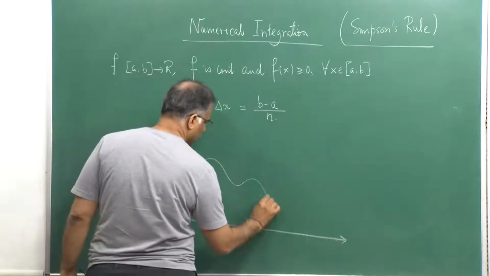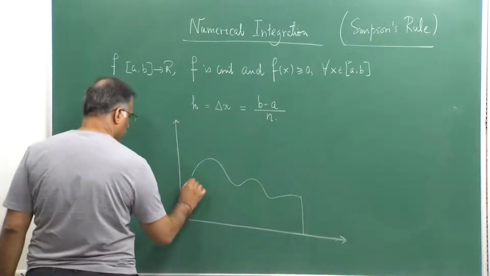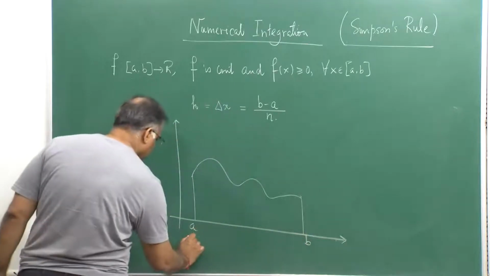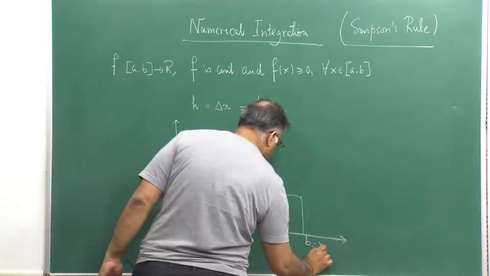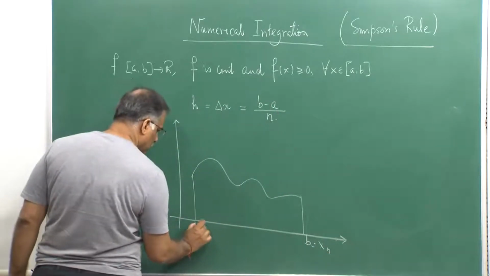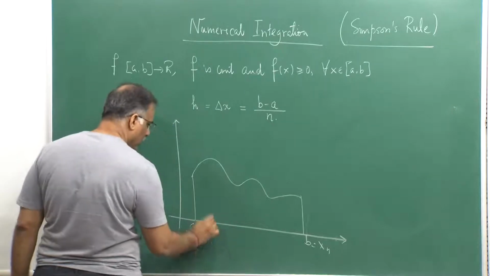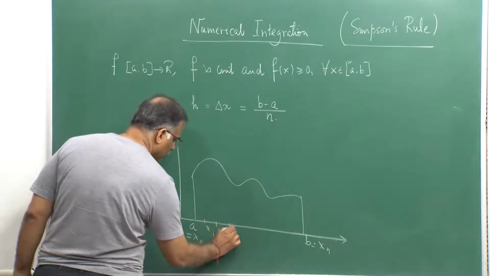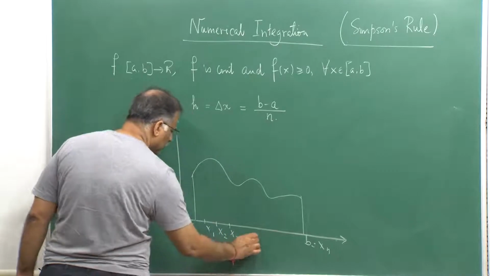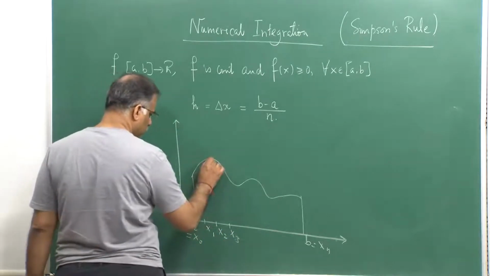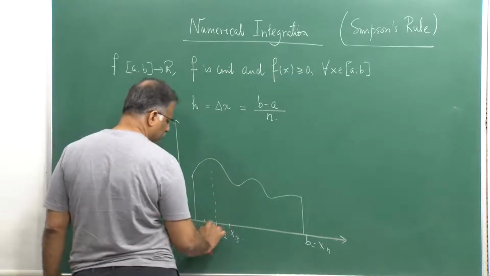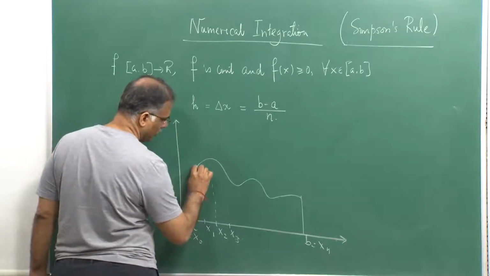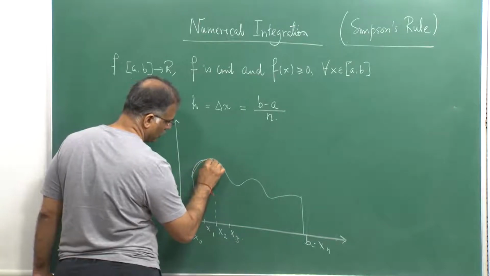So, here is this curve. It does not matter whichever way you draw it; I am just arbitrarily drawing it between a and b. Here is my x0, here is my xn, this is my x1, then this is my x2, this is my x3 and so on. What I do is consider these 3 points and approximate the curve here by a parabola,